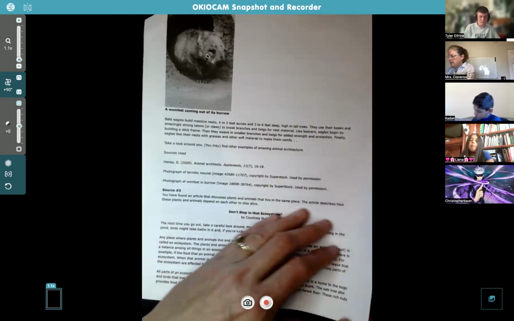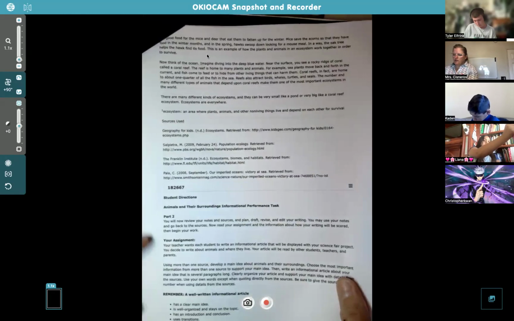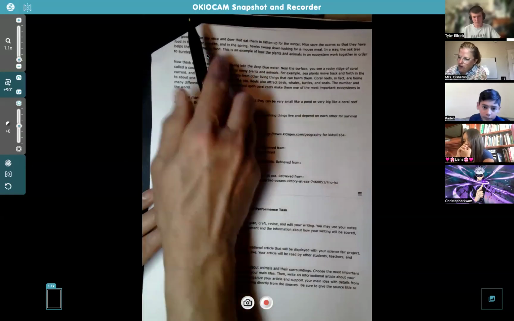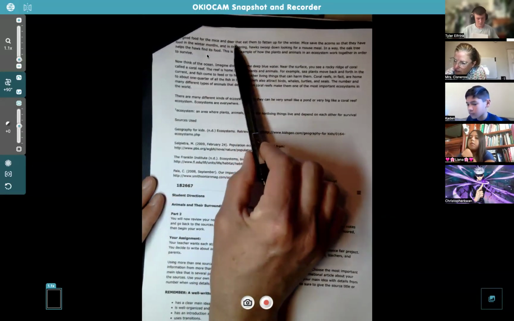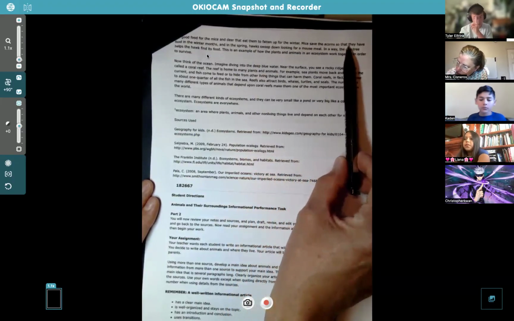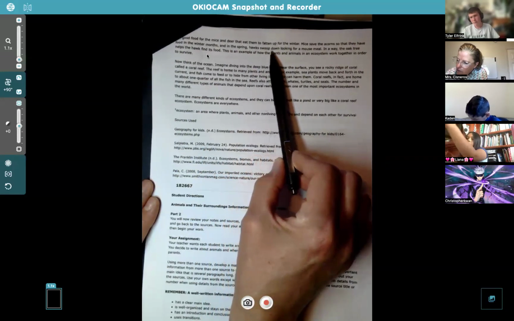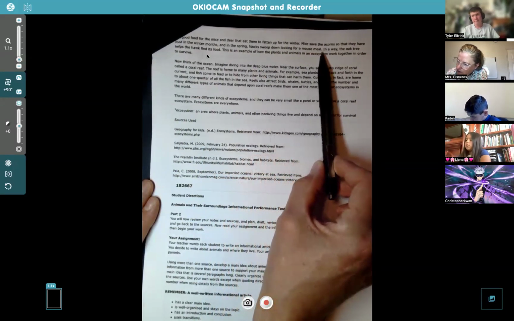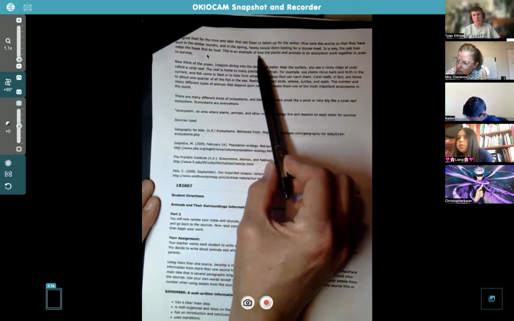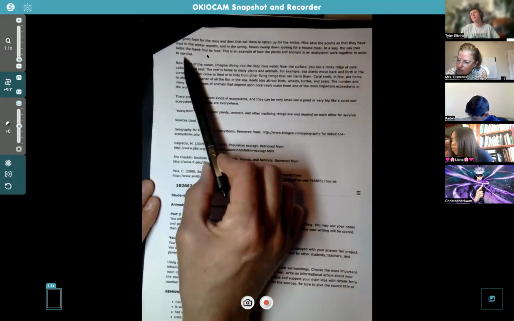These rich nuts are good food for the mice and the deer that eat them to fatten up for the winter. Mice save the acorns so that they have food in the winter months. And in the spring, hawks swoop down looking for a mouse meal. In a way, the oak tree helps the hawk find its food. This is an example of how the plants and animals in an ecosystem work together in order to survive.